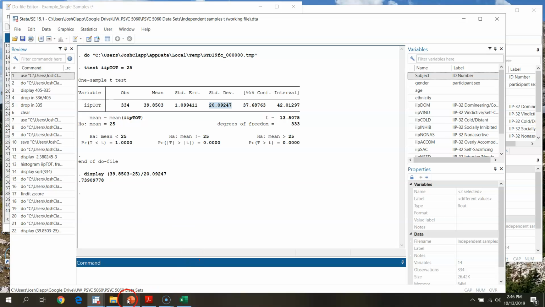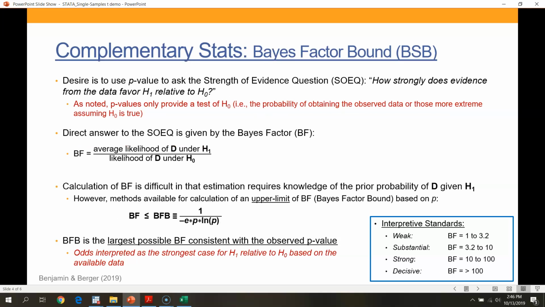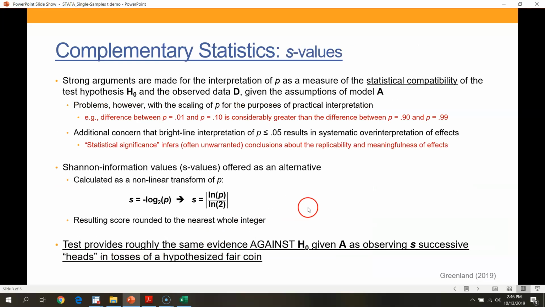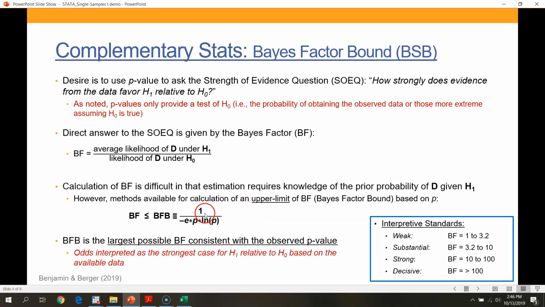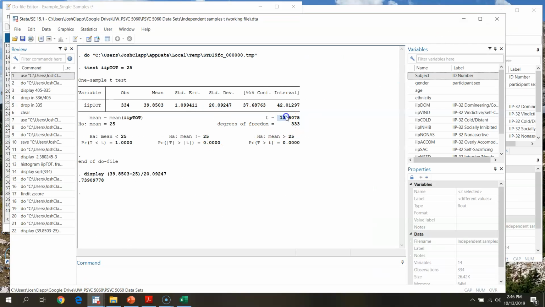Other thing that we had talked about in class was the calculation of S values and Bayes factor bound. What's nice about both of these, and why we've incorporated them, is they're just nonlinear transforms of your p-value. So here you've got the natural log of your p over the natural log of 2. Absolute value of that gives your S value. Bayes factor bound is 1 over negative e times your p-value times the natural log of p. Now, the issue here is that our t-value is so large that our p-value